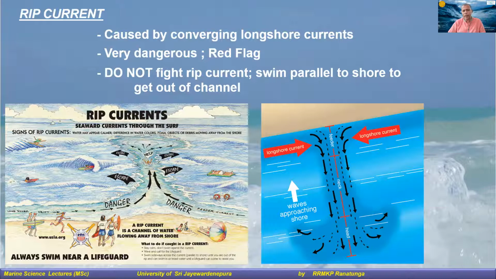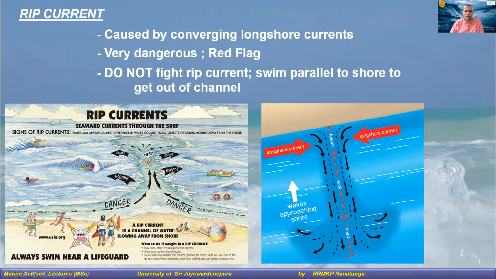So the rip currents are again a result of the longshore currents that we just discussed. Right? So what happens here? I will show you an animation to understand how the rip currents actually happen. But the most important thing is that they are extremely dangerous. These rip currents can occur even in very shallow waters, and it may look like extremely calm water, but even in that situation, you will see this kind of rip current, right?